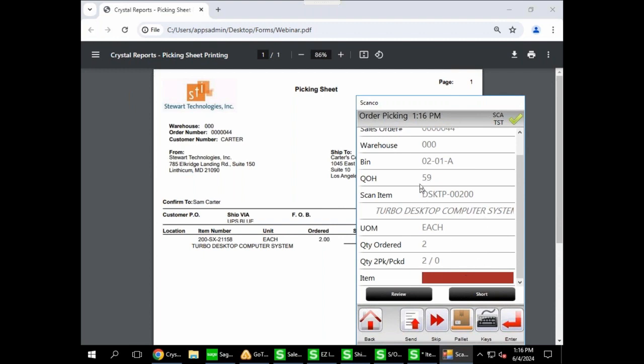All right, so now it tells us, hey, you need to pick desktop DSKTP-00200 in bin location 02-01-A. So that is something that you can scan. Ideally, your items are barcoded, so there is an item validation on that end, right? Instead of having to type it in, obviously, it makes it a lot more efficient if you're scanning the items